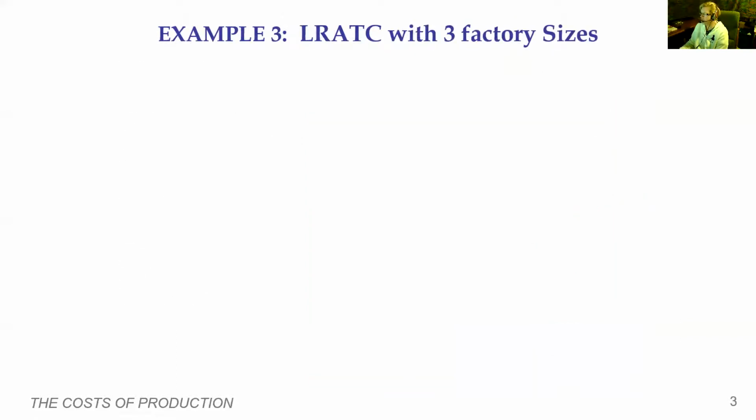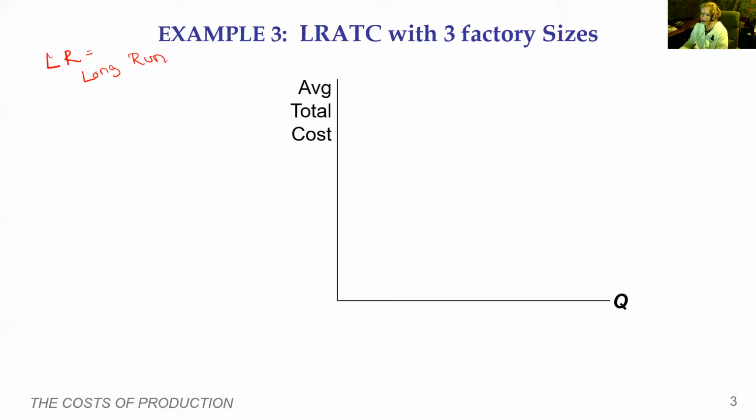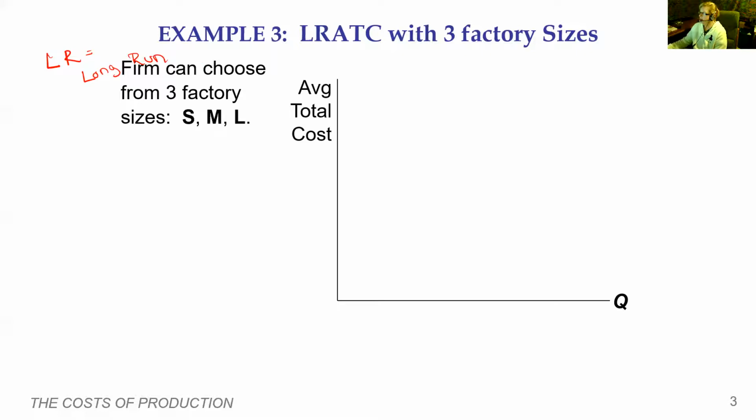So this is the long run average total cost curve, LR being long run. Okay, now we have an average total cost. This is our average total cost curve and our quantity. And at this point, we can choose from 3 factory sizes: a small factory, a medium factory, or a large factory. And what we want to remember is that if marginal cost is greater than average total cost, then we know average total cost